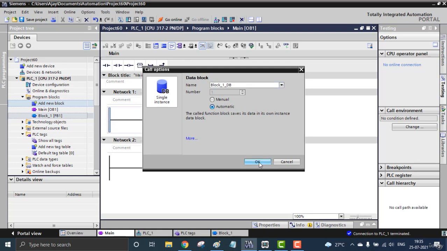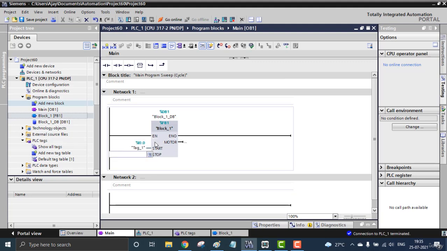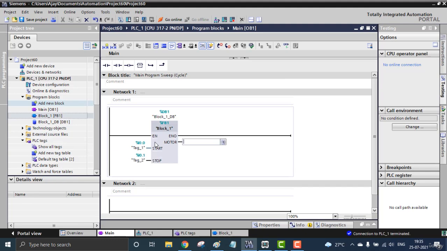I'm going to hit OK. That will be done. I just created my own data block, and I can call it DOL. Here you can see start. I'm going to address I0.0 for the start address, I0.1 for the stop address, and Q0.0 for my output motor.